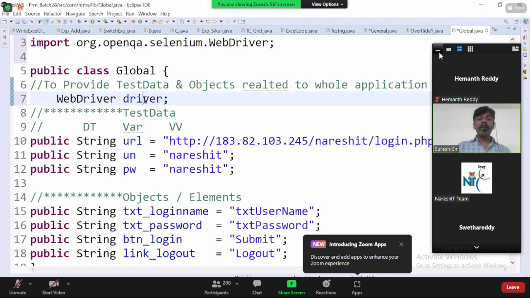But this particular driver object, is that related to